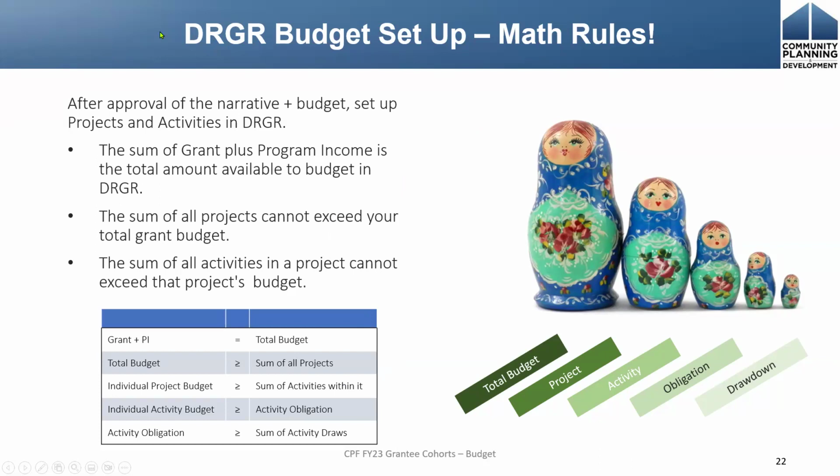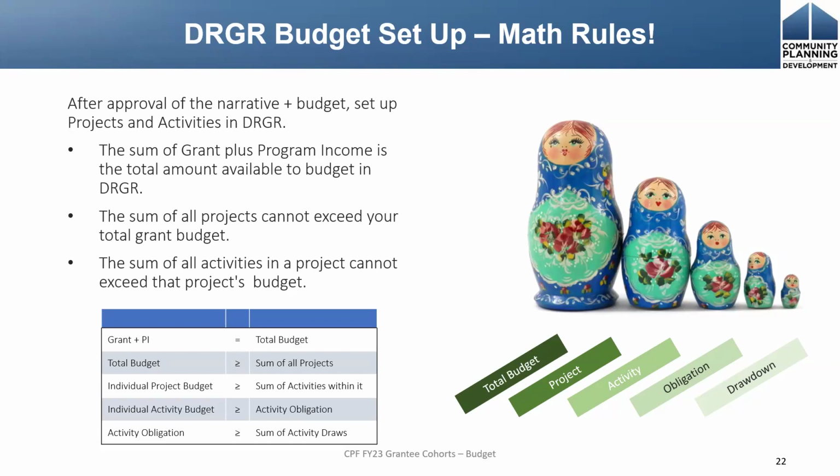Great. So thanks for going up through all that. We have just a small overview of DRGR that we want to provide for you because eventually you will be in the DRGR system and you will be using it to process vouchers. That's how you access your funds. And so part of that process is setting up budgets in DRGR. And since this cohort session is about budgets, we want to make sure that everybody understands